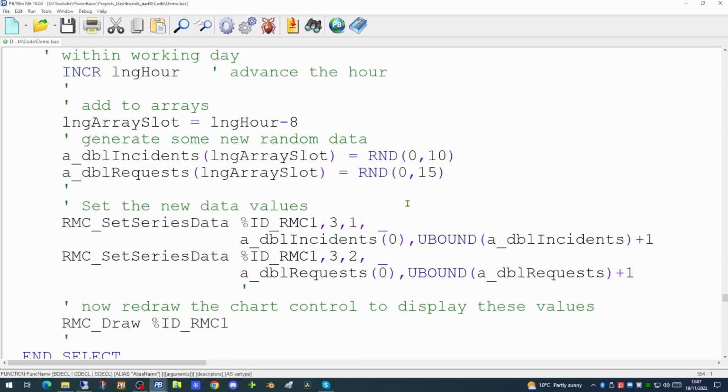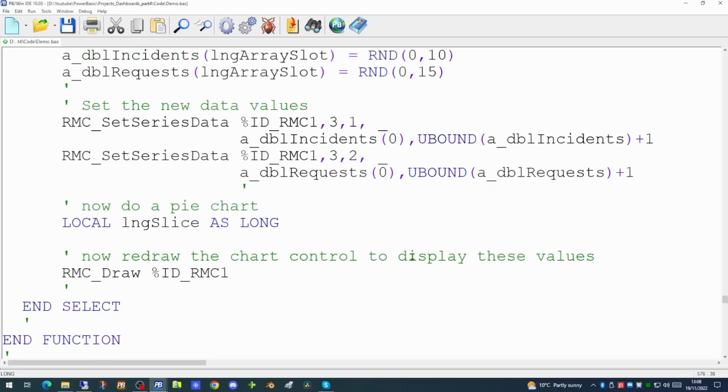this is where the chart at the bottom of the screen is being regenerated, both Series 1 and Series 2. We can now make a change to our pie chart. I'm going to set up a local variable called long_slice, as we will step through each of the slices of the pie. Currently, we're not saving the data which we used to populate the pie chart, so we're going to create a new global variable to hold that.